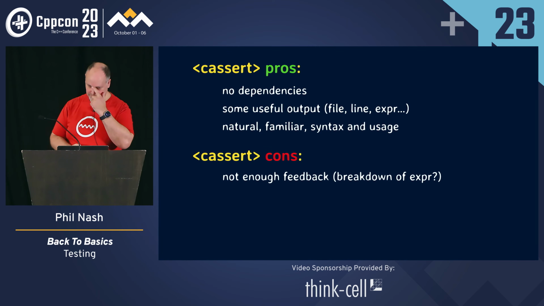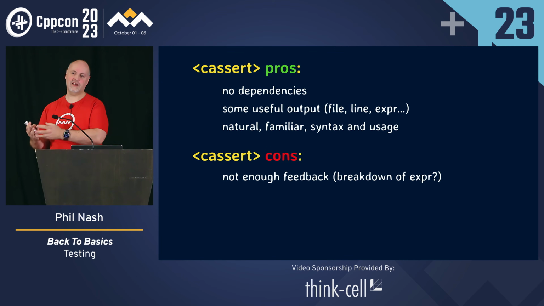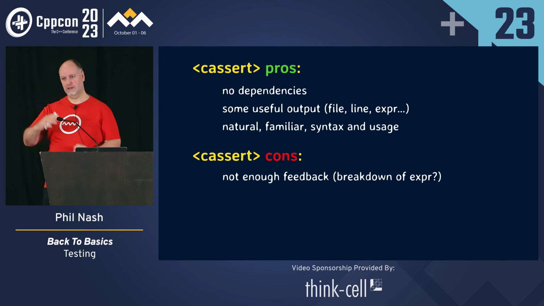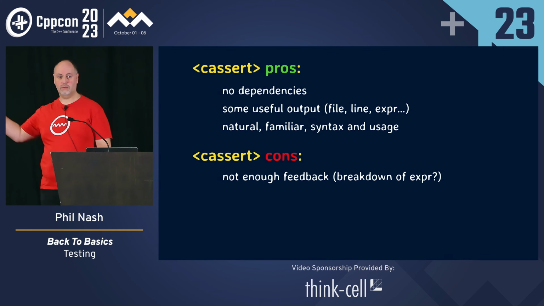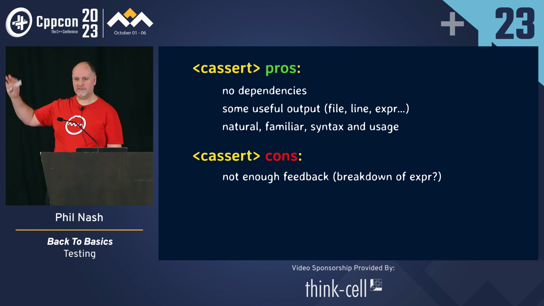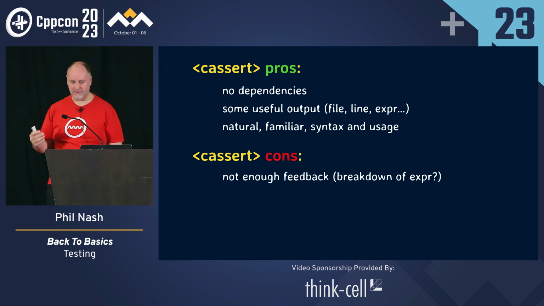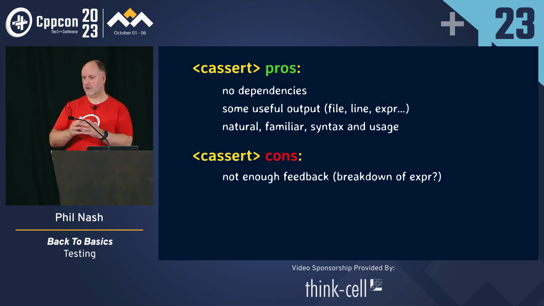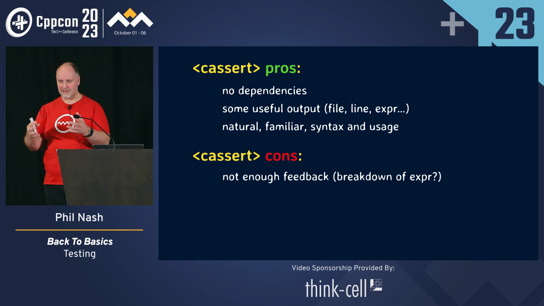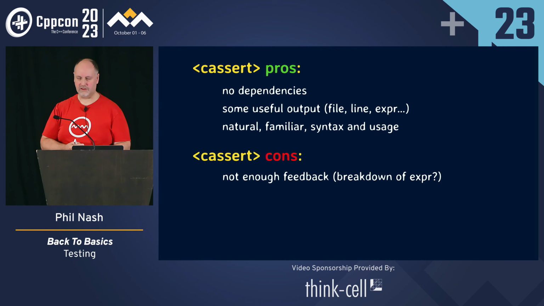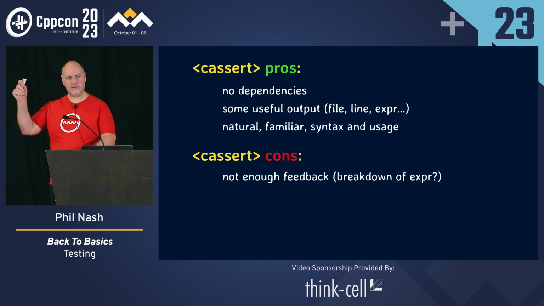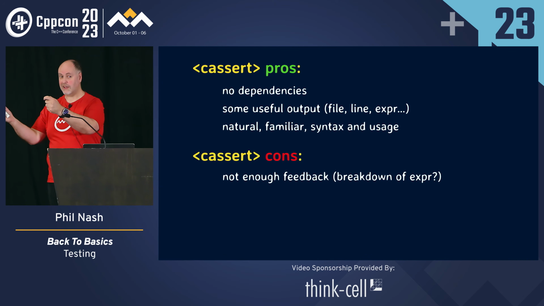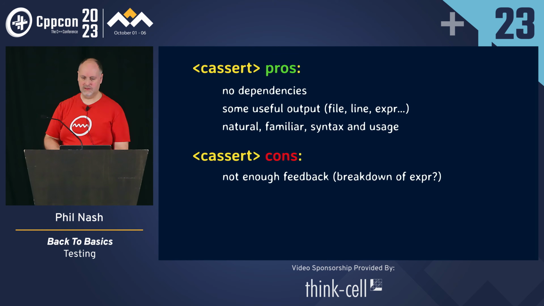So let's go into those, at least some of them. First of all, while the feedback's not bad, it's not that great either. We could do a lot better. Very often, you'll be running all of your tests, say, on a build server, and you'll get a failure overnight, and the next day you come in and you've just got to trace from the output what actually went wrong. So you want as rich and clear feedback as possible. The more we can get, the better. In particular, we don't get the breakdown of that expression. We know that add 1 and 2 didn't return 3, but what did it return? We didn't get that. That's really useful.